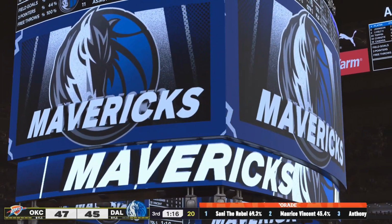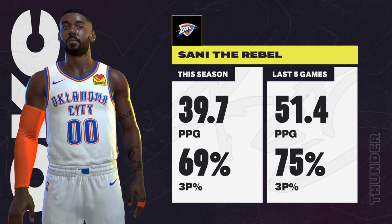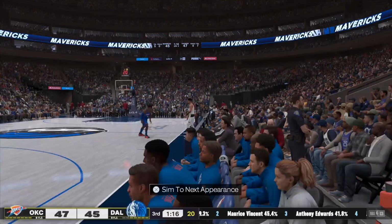Shea Gilgeous-Alexander's checked in for D. All right, a chance to check out stats for him. And guys, how about the surge of offense he's experiencing right now? These last